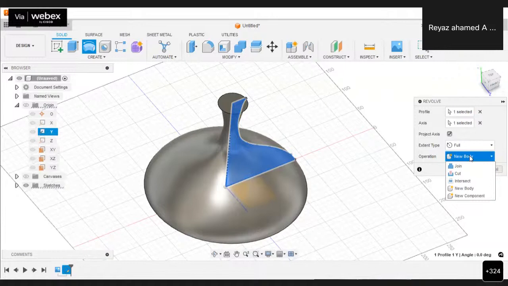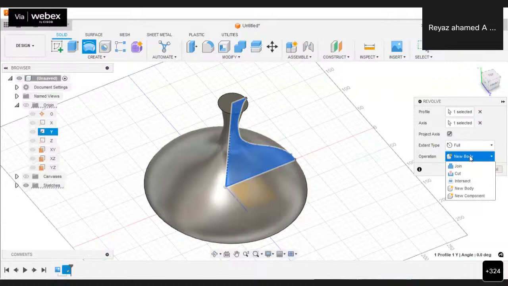For performing the Boolean operations, here the Boolean operations are join, cut, and intersect. If you already have some other solid object in our particular design, then you can join this design into the existing design with the help of the join option.